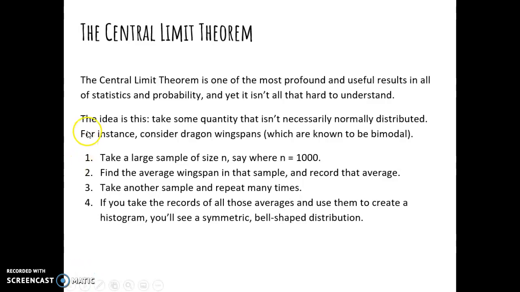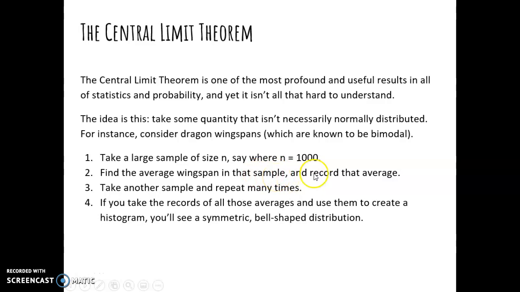The idea of the central limit theorem is this. You take some quantity that isn't necessarily normally distributed, such as the dragon wingspans from the video. Dragon wingspans are known to be bimodal, so it's not a normal distribution. However, if you take a large sample of size n, say where n equals 1,000, so samples of 1,000 dragons, and you find the average wingspan in that sample,